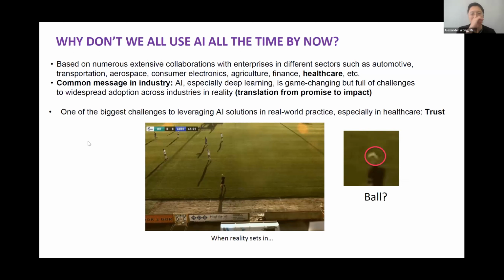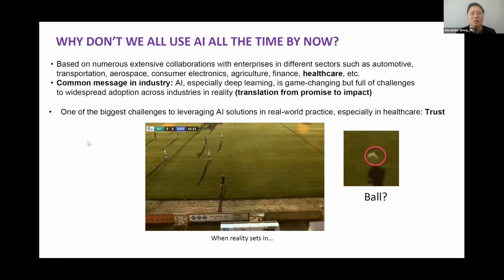So here's a very simple example that I guess went really viral. There was a viral video of a soccer match, and during the entire match, the camera was not focusing on the ball. In many cases, it couldn't even see the ball, but it was actually focusing on the referee the whole time. So it kept tracking where the referee is, completely ignoring the actual game itself. And what was found was that the AI algorithm, which was put into the wild, was actually not tracking the ball, but tracking the bald head of the referee as though it's a ball.